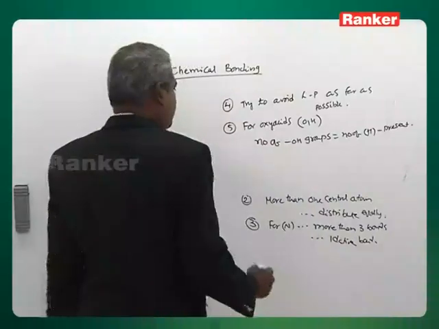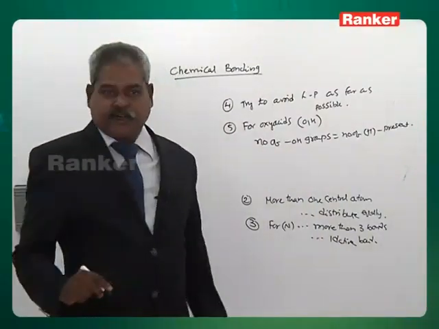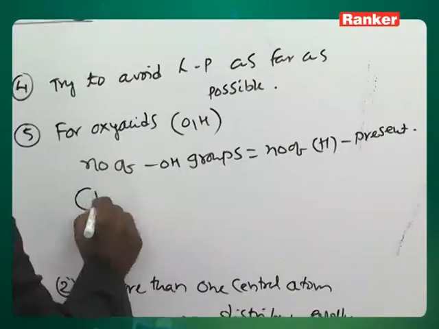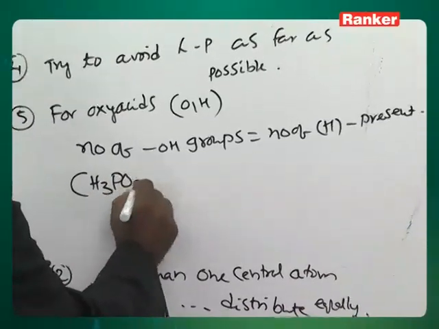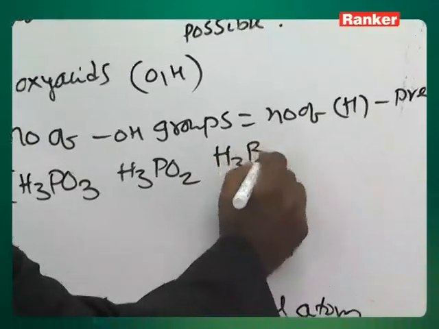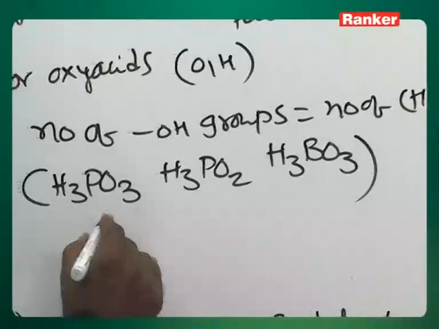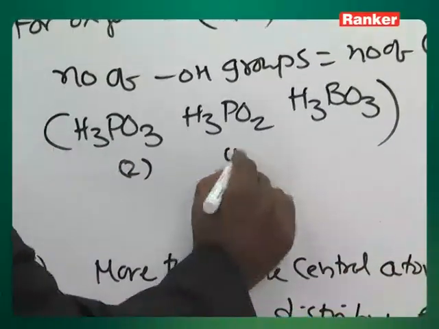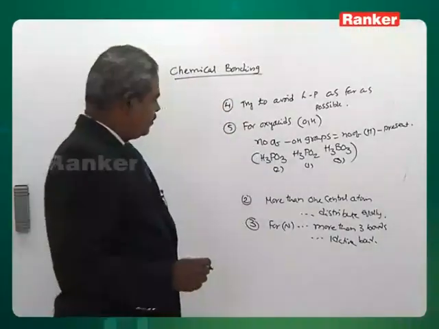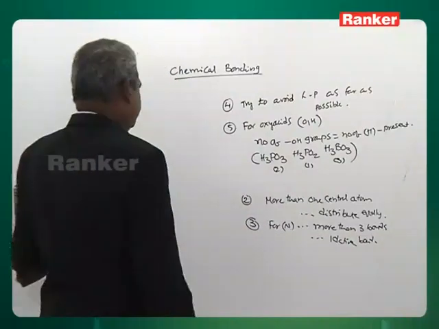Of course, we have nearly 60-70 oxy acids, and in the case of just 3 of the acids, they are an exception. H3PO3, H3PO2 and H3BO3. Of course, H3BO3, there are 3 OH groups. You have 2 OH groups only here, 1 only here. 3 hydrogens are there, 3 OHs are there, but that is an exception for some other reason. Now,